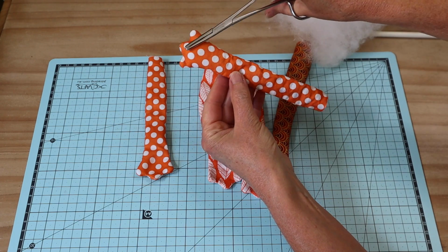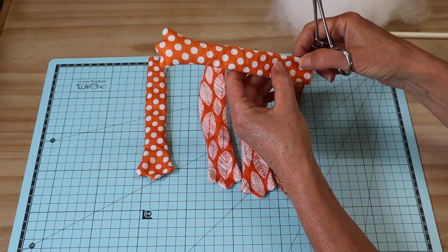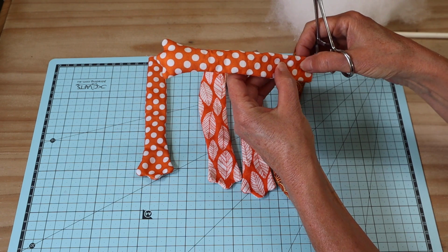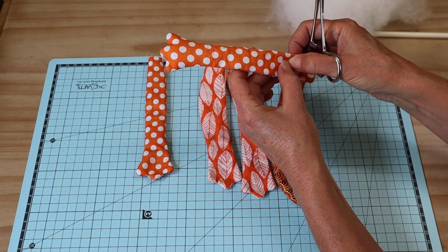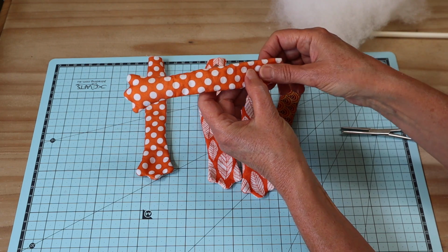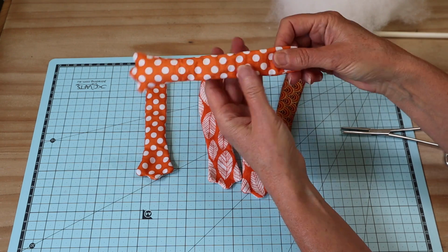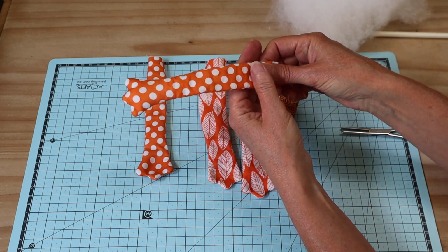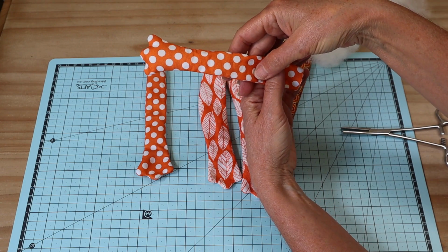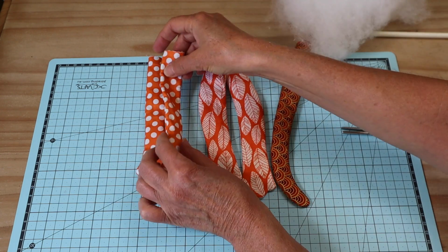then I will continue to fill my little leg right up to about, I'd say probably 1.5 inches, perhaps about 3 or 4 centimeters from the end, because when we pop these little legs into our little body, we don't want any bulk there. We also want those little legs to be quite flexible on that join. So leave some room at the end, but fill up this whole section nice and firm,